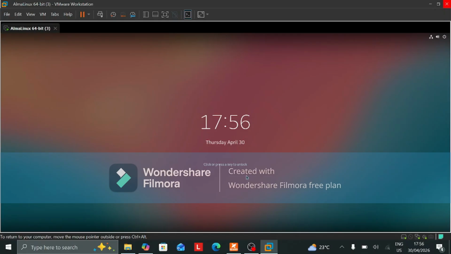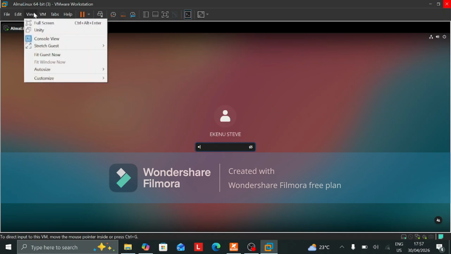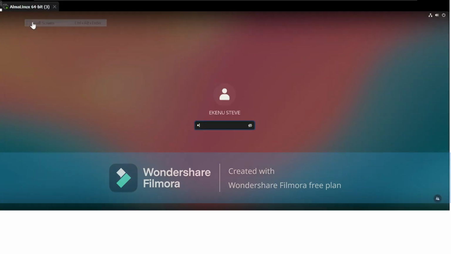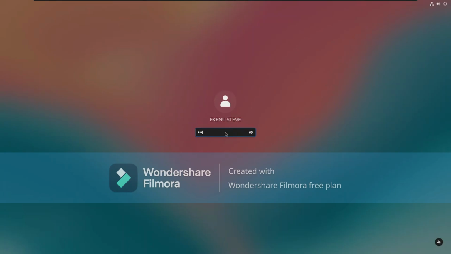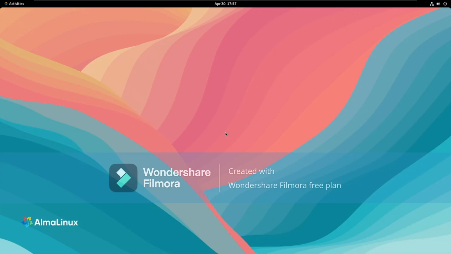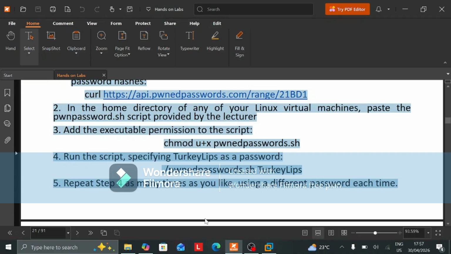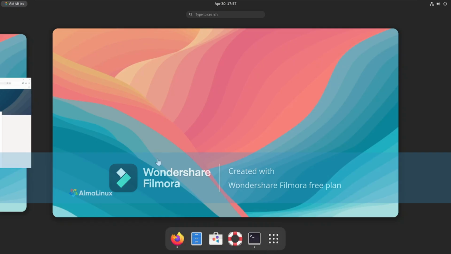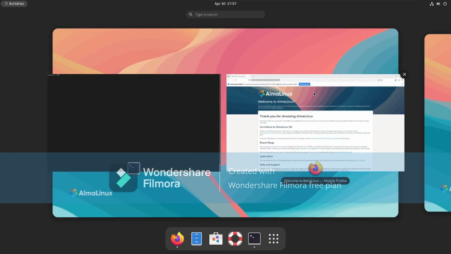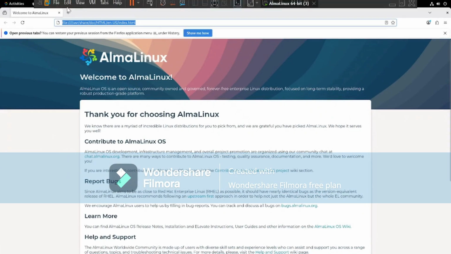So we are going to log in. First, I'm going to make use of full screen for proper visibility. I'm going to log in, and we're going to make use of our browser in AlmaLinux, which is Firefox. I'm going to open a new tab,